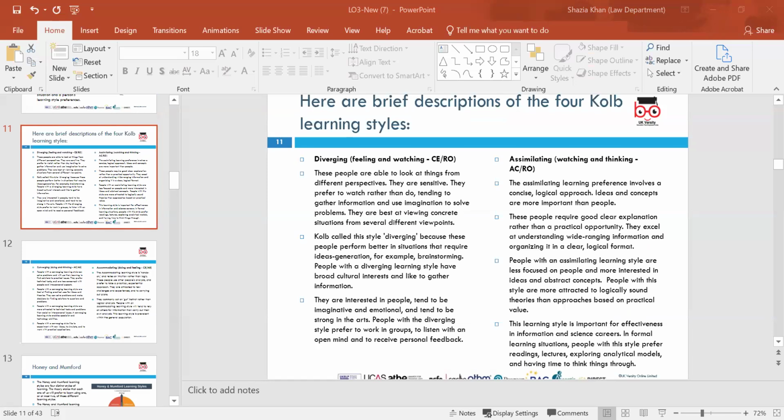This is where people look at things from a different perspective. What do you think that means? People look at things from a different perspective. People see things differently. So it could be the same thing, but people will have different interpretations. Does everyone see it the same? No, people are different. Give me an example of that. You're right, but just give me a little bit of an example.